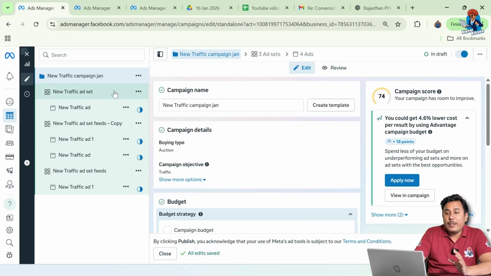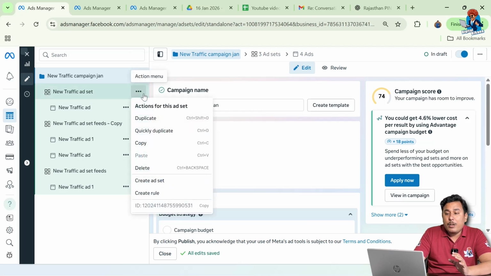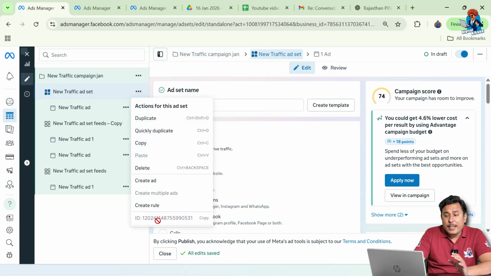And when we click on the ad set level triple dot, here is the ad set ID. Actually it looks quite similar. It's 1202411487559900531. This is our ad set ID. And this ad campaign comprises 3 ad sets, and all these 3 ad sets will have different ad set